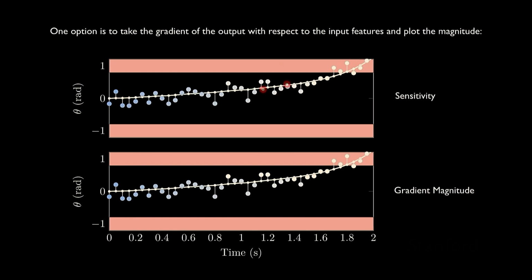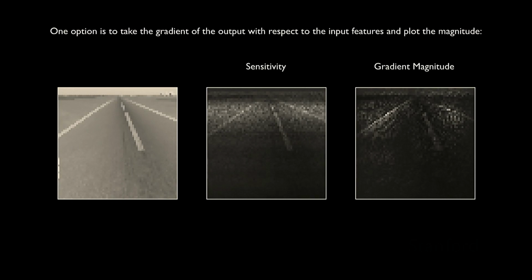Here's what it looked like when we did the sensitivity analysis, where we perturbed each one at a time, resampling. And if we just take the gradient, we get something that's quite similar. So that's another way to approximate these things. We can also do that with the taxi problem. Here's what we got when we perturbed each one individually. And when we take the gradient, we get something a little bit different, but it's focusing on a similar area, focusing on the edge lines of the runway.